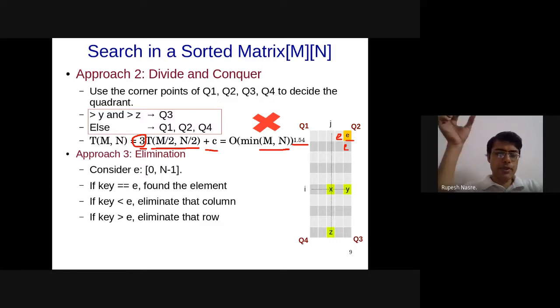Can 24 appear in the column which is starting with 50? All the numbers in that column are going to be 50, 52, 55, 60, 100, 1000, whatever, but it cannot be lower than 50, and therefore we can eliminate that column.